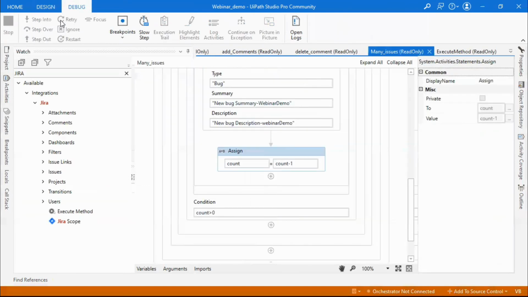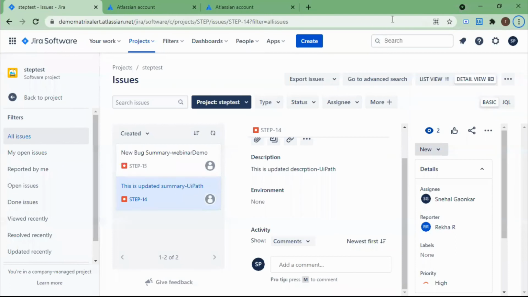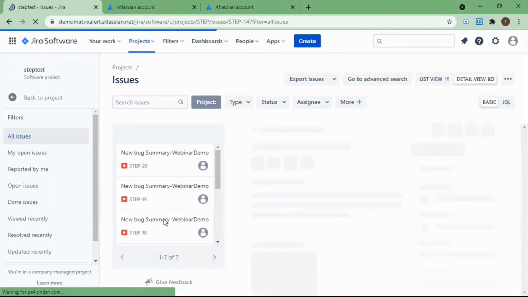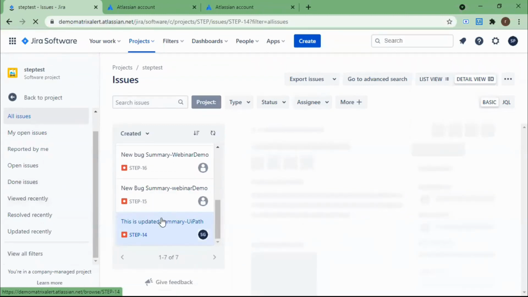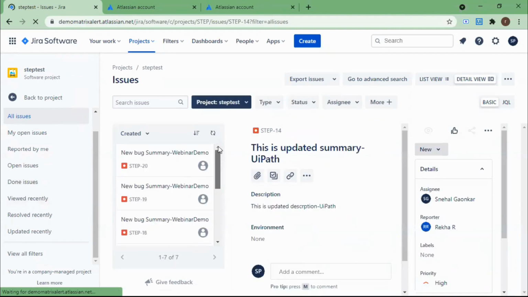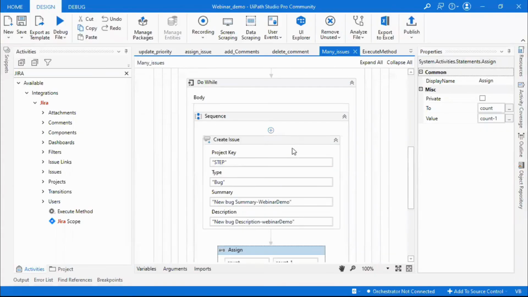You can even create 500 to 1000 bugs within minutes in this Jira. So here you can see so many are created. We had only 13, 14. See, now till 20 it is added. This is for creating bulk issues.